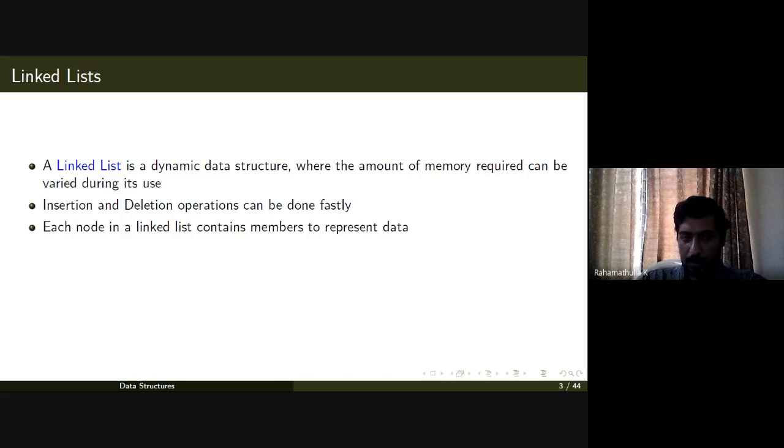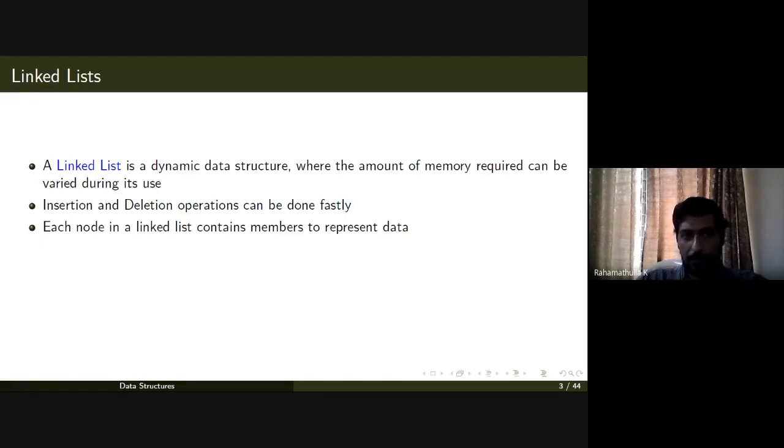So a linked list can be of any type, and it contains elements known as nodes, and these nodes may contain different partitions. Each of these partitions can represent a data item. For example, if it is an integer linked list, then the node will contain only one data member, which is for storing an integer value.